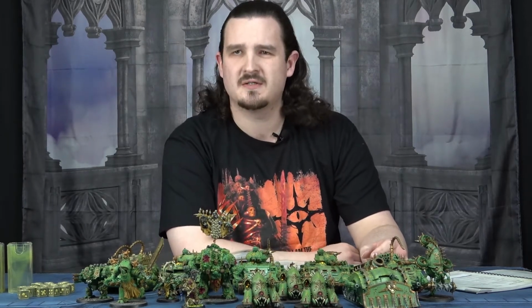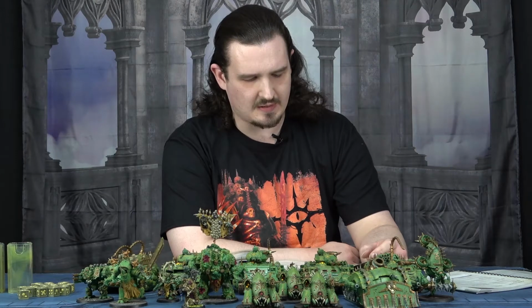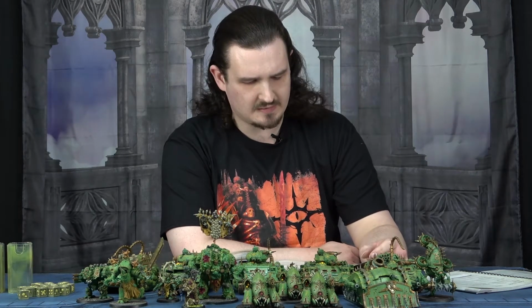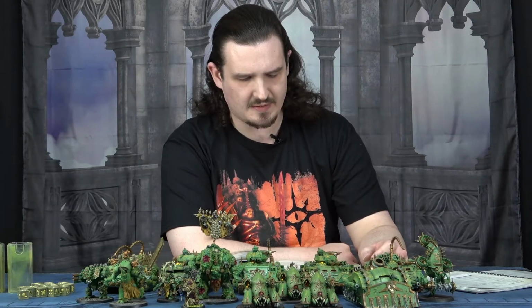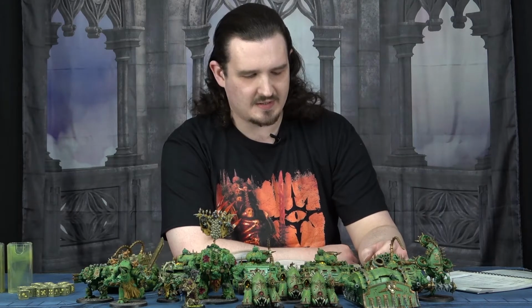maybe the least effective of the 3 options, I think, because the Plague Spitter, you've got 2 of them, that's 2d6 auto hits. You can shoot them in combat, they're going to auto hit in combat. I think that's a good option, but personally the reason I like this unit so much is just the flesh